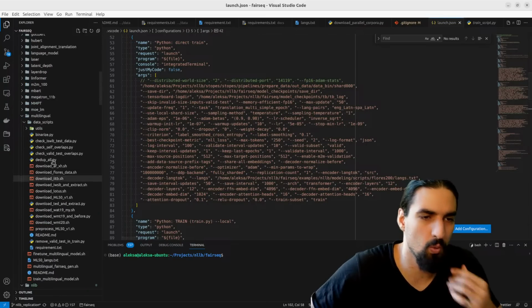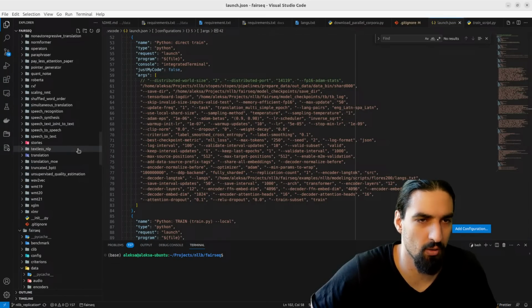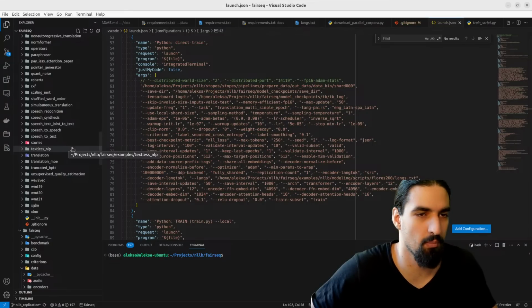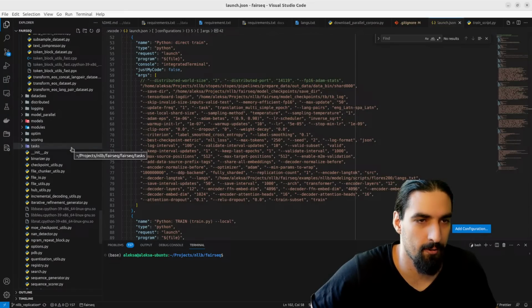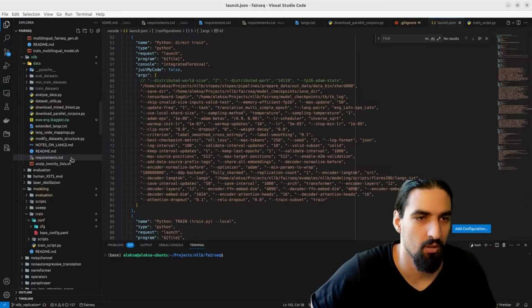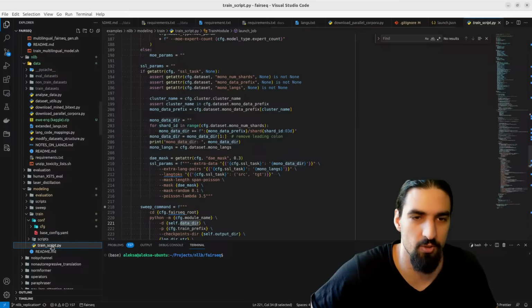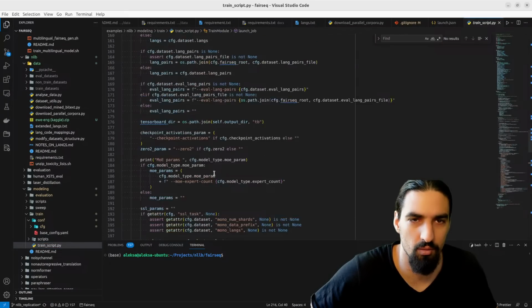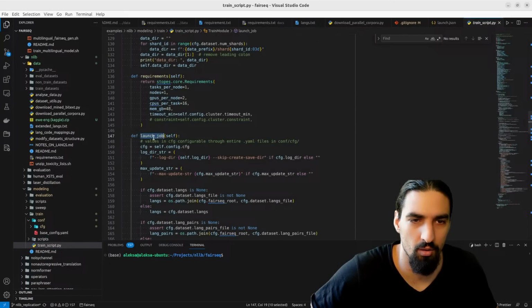Wait, how do we call this, I forgot, I haven't used this one in a while because we're just shortcutting to train.py directly. Find the modeling train script. How is this one called again? Launch job.